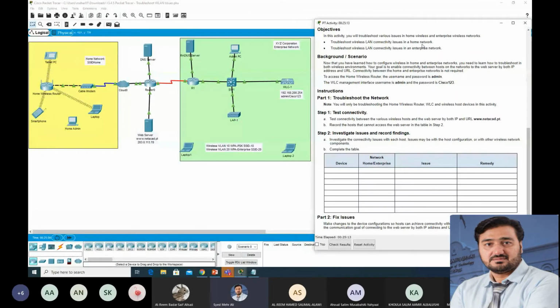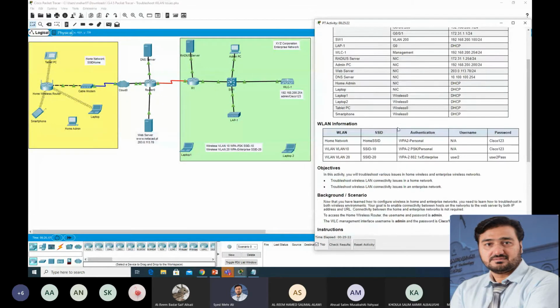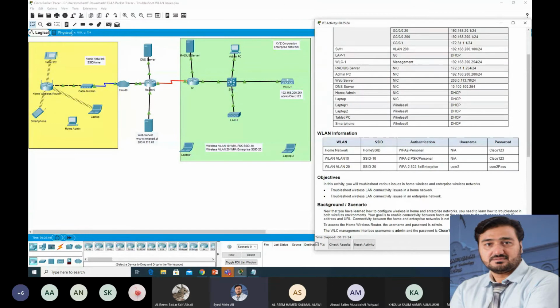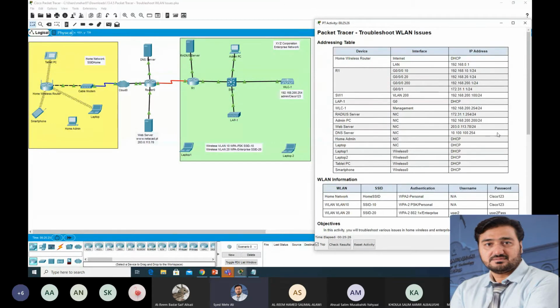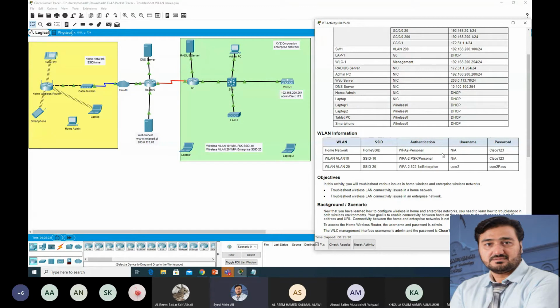Activity 13.4.5, Packet Tracer activity, troubleshooting wireless LAN. In this activity, let me read the objective. This is your activity, this is the addressing table, and this is the wireless LAN information. We have the home network. See my mouse cursor. This is my home network,